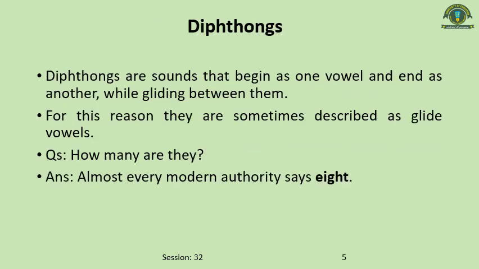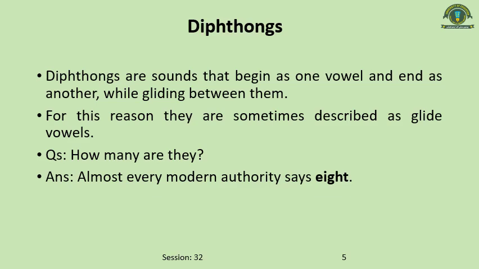My dear ones, remember, diphthongs are sounds that begin as one vowel. Now this is a further explanation of what we talked about in the previous slide: diphthongs are sounds that begin as one vowel and end as another. So now the words are changed to help you understand. Time and again I present certain statements with different phrases, right? Sometimes the sequence is changed so that you may be able to understand. This time the statement says that diphthongs are sounds that begin as one vowel and end as another. So that means a glide from one vowel sound to another.